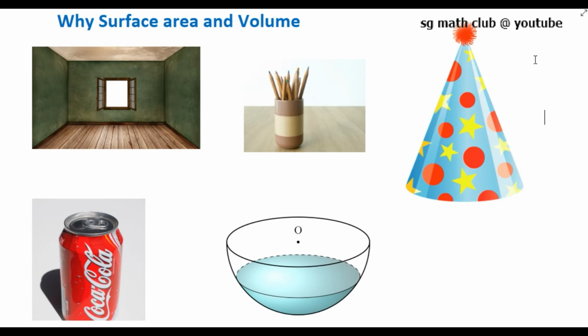Now, in this case, you can see a pen holder. Suppose you have a competition in the school to make a pen holder of cylindrical shape. You need to buy cardboard for this competition. Again, you should know the surface area of the cylinder. Then you can buy the cardboard sheet and make the pen holder.